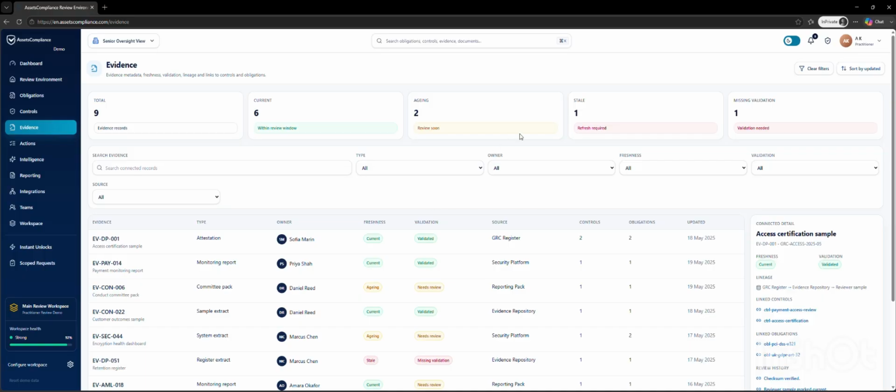Across the top of the page, we begin with a summary of the evidence landscape. We can immediately see the total number of evidence records together with how many are current, aging, stale, or missing validation. Rather than discovering outdated documentation during an audit, practitioners can identify it much earlier and take action before it